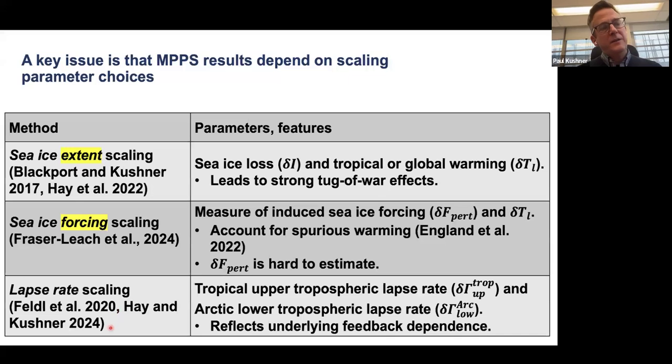But the idea is that you can look at the deep response of the tropical lapse rate to global warming, which is very robustly estimated across models, and then also incorporate the change to the lower tropospheric lapse rate in polar regions as a measure of local polar change,